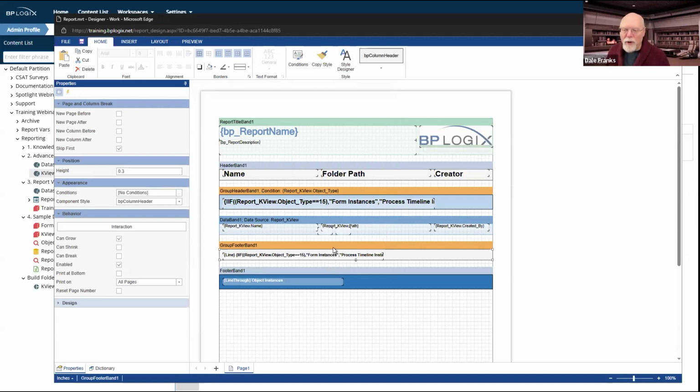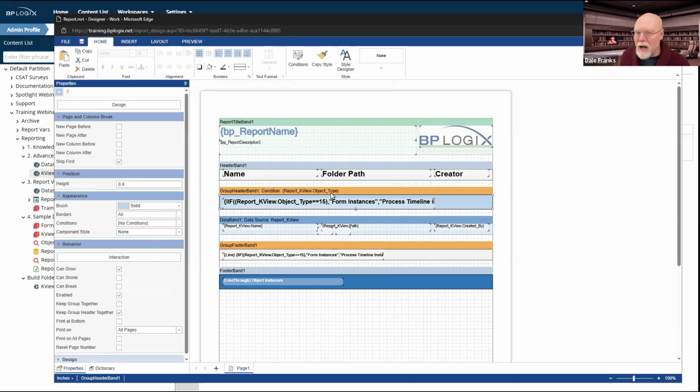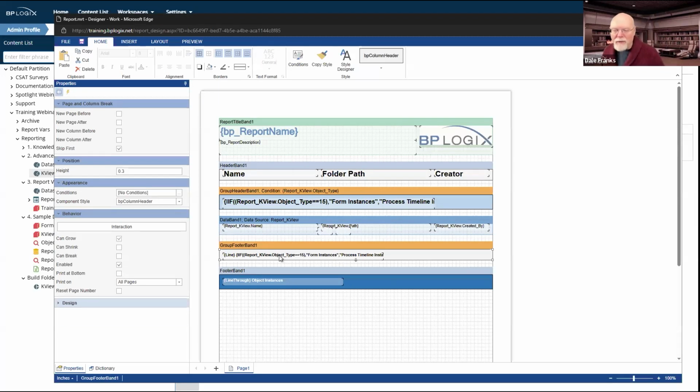And I've got my group footer. So I've got text that appears at the very top of the group header, which I've specified with the if statement. At the bottom of the group footer, I've got the line system variable, and then I'm specifying again via the if statement whether I am showing form instances or process timeline instances.